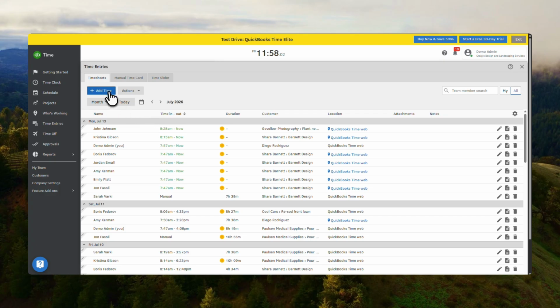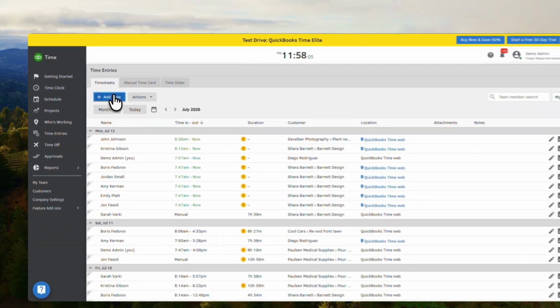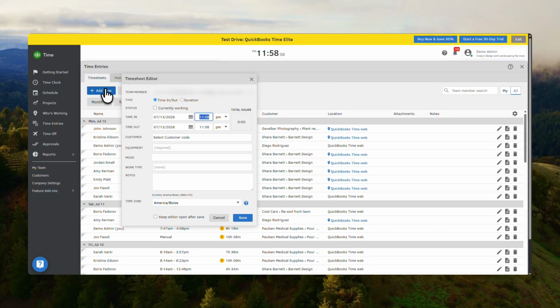Once you're in Time Entries, click Add Time. This is the option you'll use whenever you want to create a new time record. QuickBooks Online gives you the ability to log time in two basic ways, depending on how you prefer to track your work. You can either enter a duration manually if you already know how much time was spent, or you can use specific start and end times if you want a more exact record of when the work began and